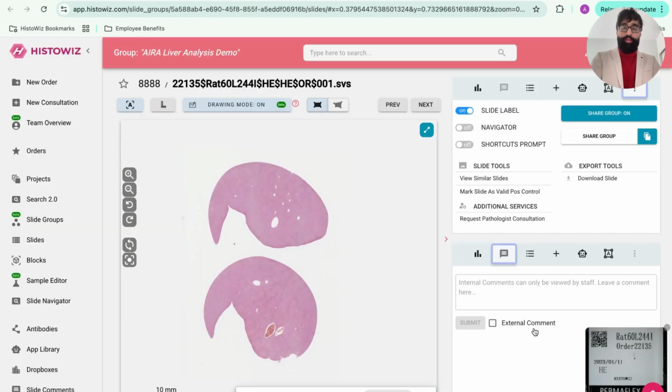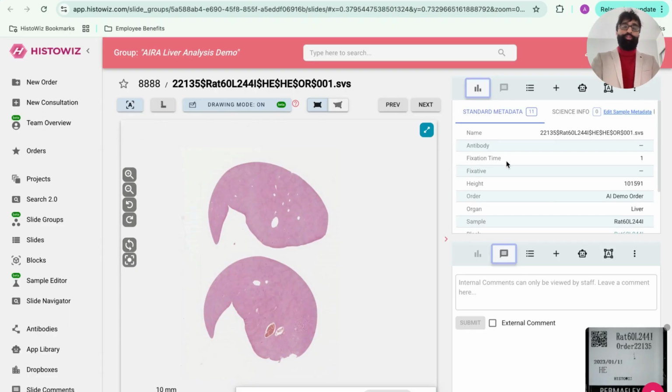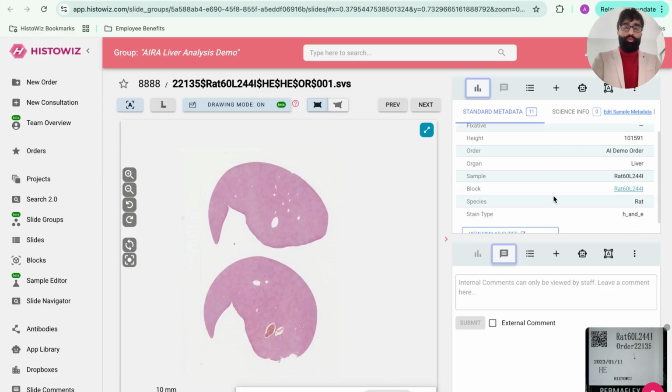Now, for every image, we have some critical information that you can see. One is the metadata, which I spoke about when I was talking about how you can search the metadata and modify it. So you can view the metadata for every single image. And what's interesting is that you can also look for which tissue block that slide came from. Again, this is not relevant if you have uploaded slides directly to the platform. And again, I won't go into detail about this feature, but HistoWiz has a block management solution that gives you visibility as to what tissue block it came from if you digitize slides with HistoWiz.